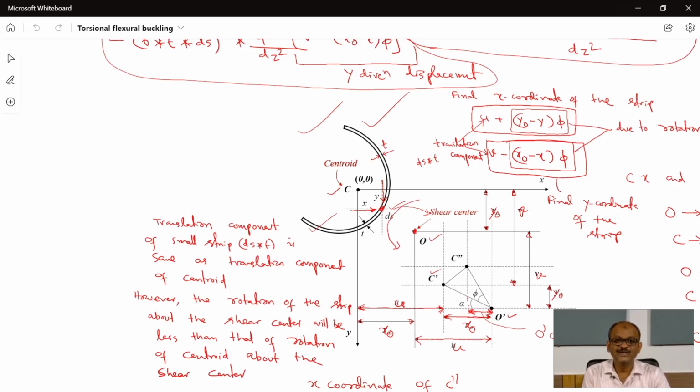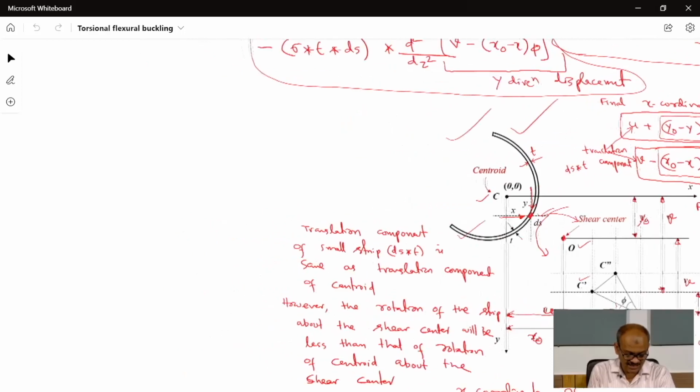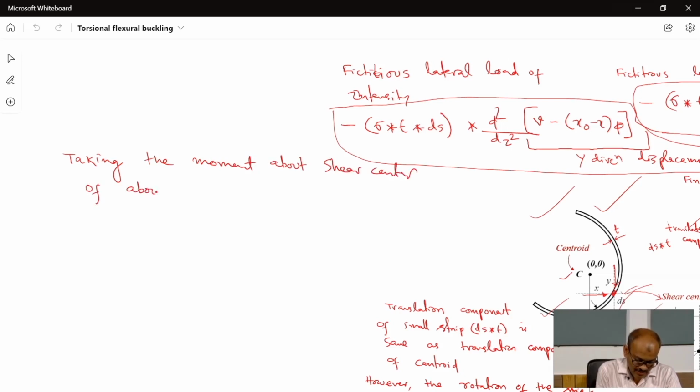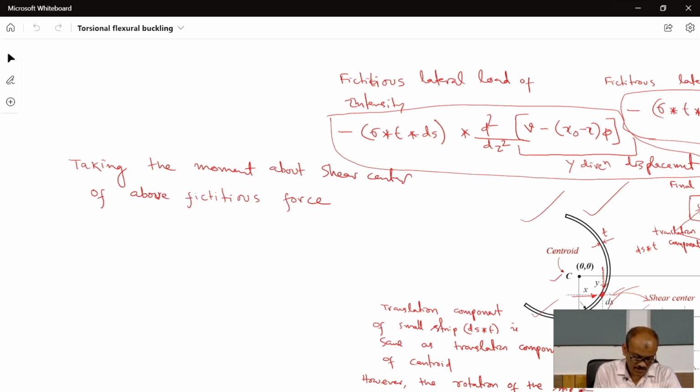So, one will be positive and the other will be negative. Let us consider clockwise as positive and anti-clockwise as negative. Then we can write the final expression of the net moment about this shear center, that will be like this. Let me write down here, taking the moment about shear center of the above fictitious force,